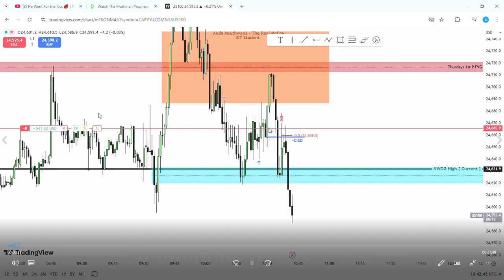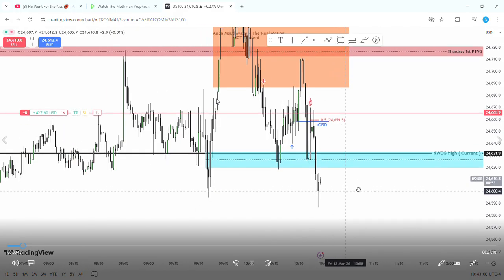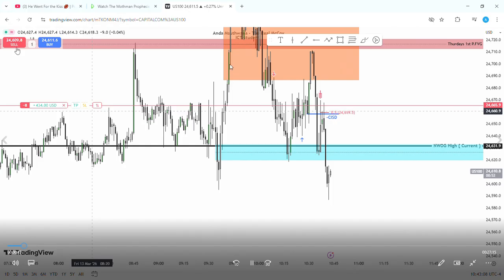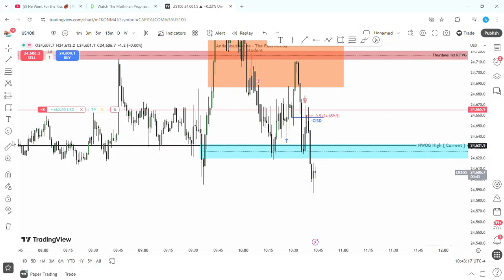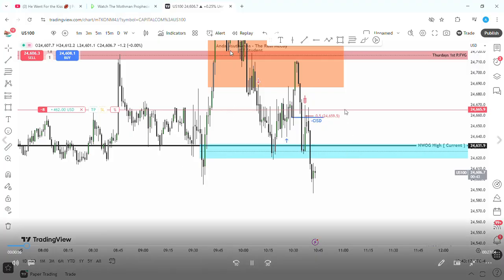Before we get to the displacement, I wanted to talk about the orange shaded area, the large rectangle that I see there. That's a 3-minute time frame bullish fair value gap, so it's a buy side imbalance, sell side inefficiency. And obviously my bias on the day was to see low prices. So when we have bullish fair value gaps on a market that's predisposed to offer low prices, those buy side imbalance, sell side inefficiencies, those bullish fair value gaps, they should